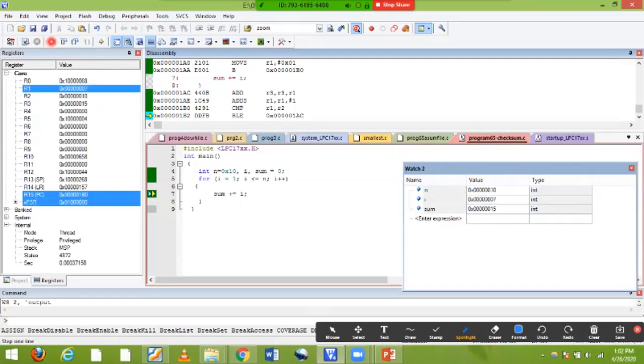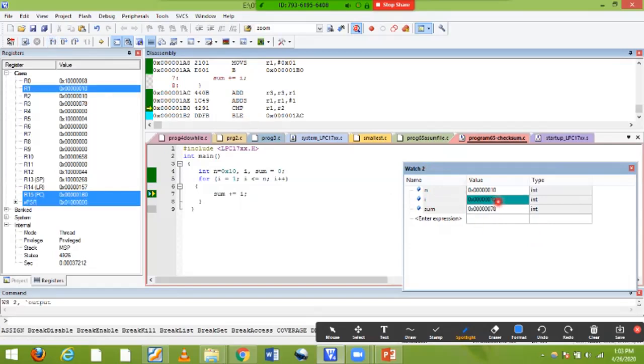So what is the maximum value I'll get? Until I reach my high value: N value, 10, is already there. I need to get the high value equal to the N value, meaning the I value needs to be equal to 10, and the process will be repeated. So you can see 9, A, B, C, D, E, F. After F we can see here it will repeat the same thing. Don't worry about that. After F, the next value is 10.